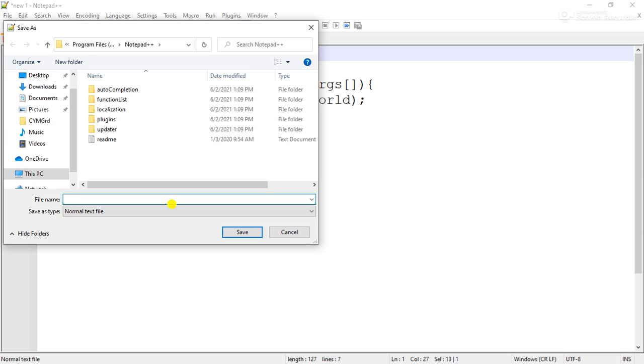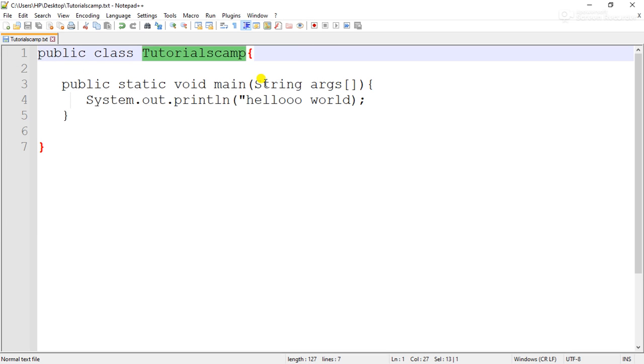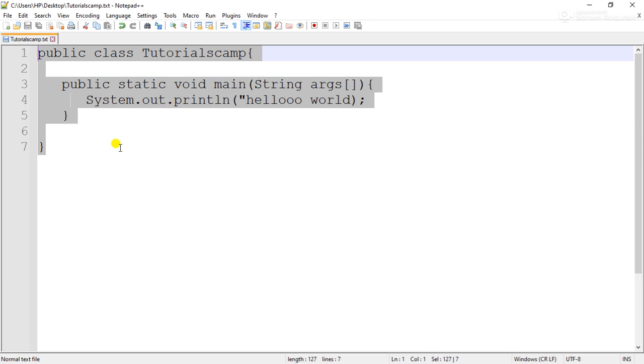tutorialscamp. Remember the naming is key, tutorialscamp, right? So I'm saving it on my desktop. Remember, it's case sensitive, so if you make this a small letter, you are going to get an error, right? So now before we can compile this file, before we can execute it, we need to first,